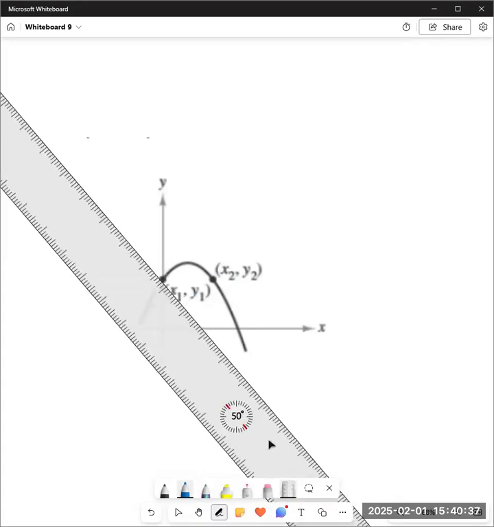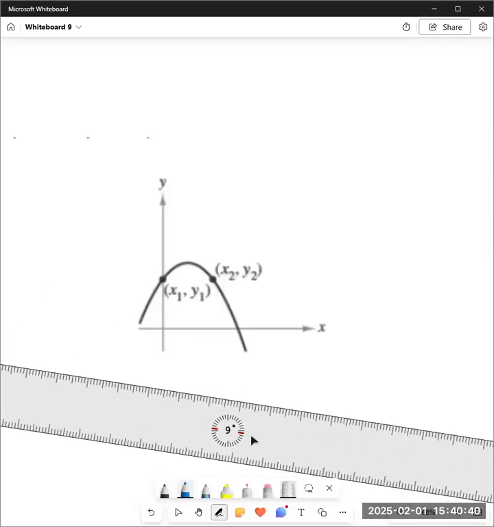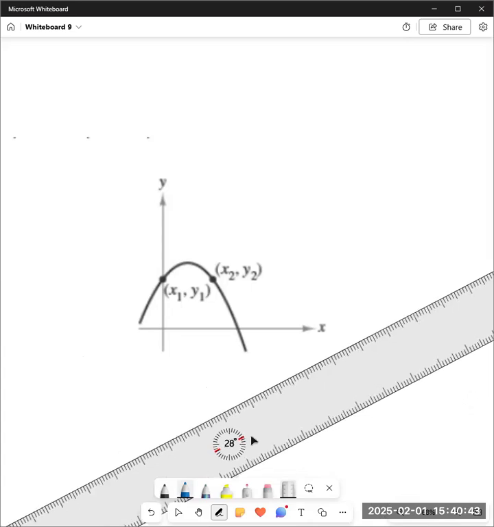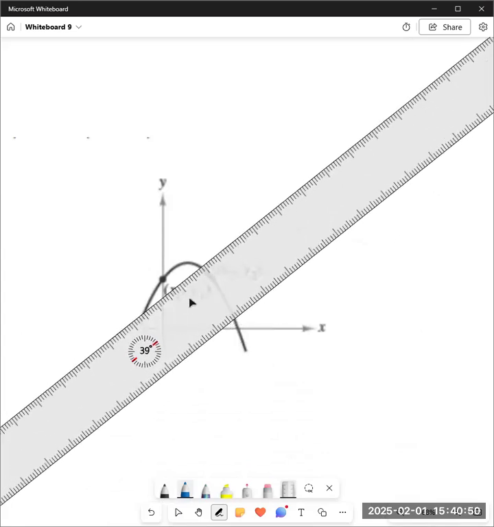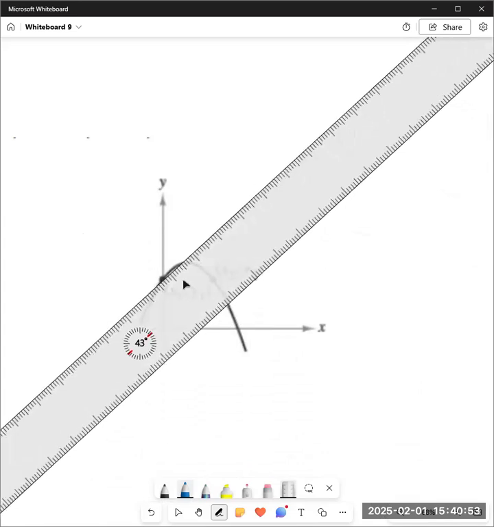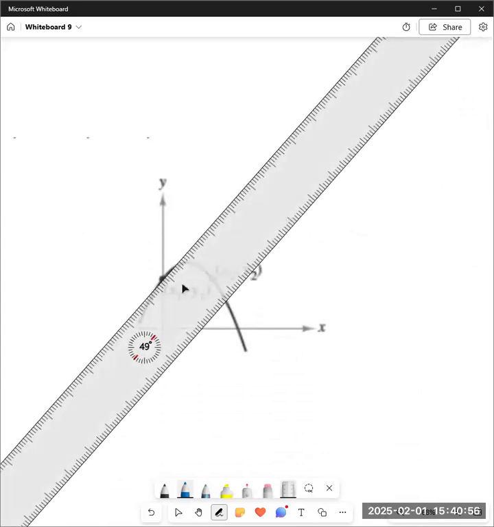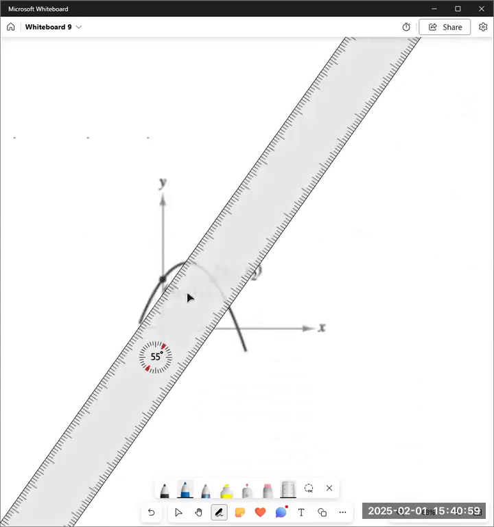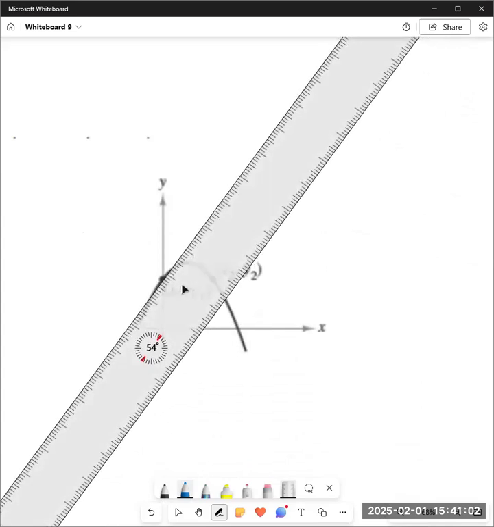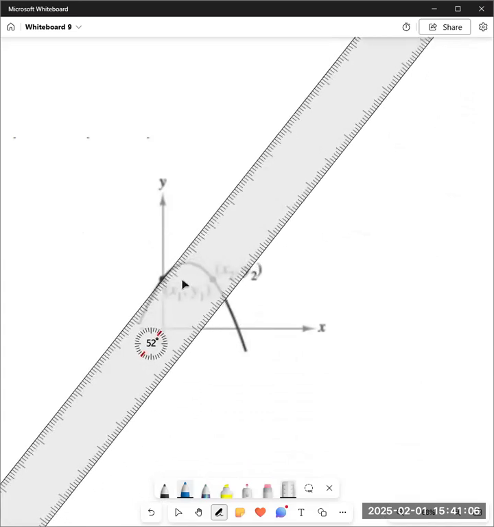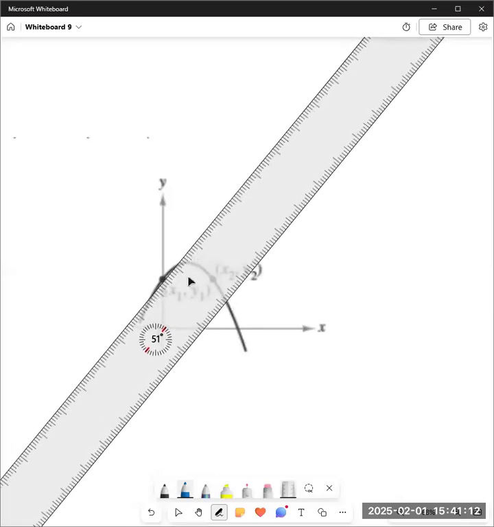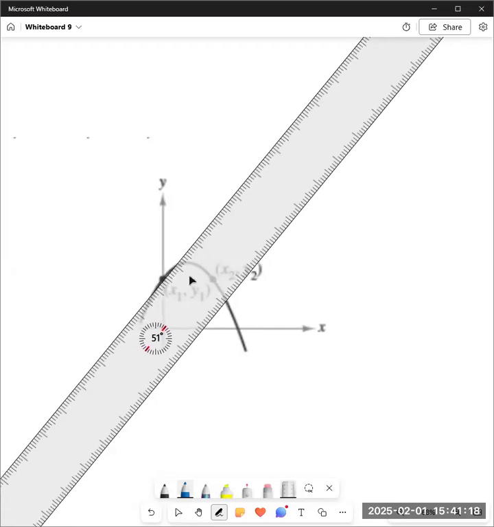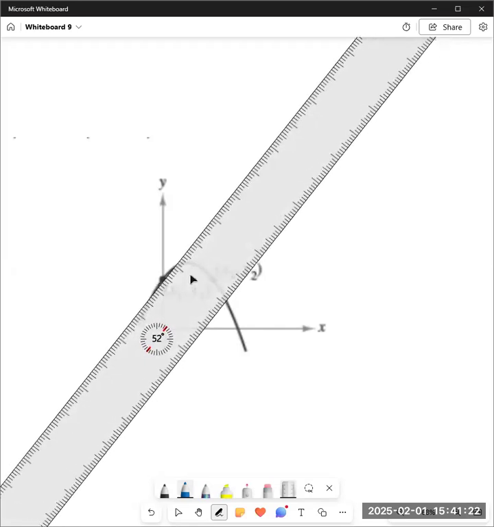So I'm going to pull my ruler out here, and in the whiteboard app here, the ruler rotates as I turn my mouse wheel. I'm going to get it over here kind of close to that point. And now, while the ruler is touching that point, I want to get it where the line that the ruler is making coincides with the slope of the curve at that point. It looks like the secant lines approach that tangent line right there is my best guess. Maybe right